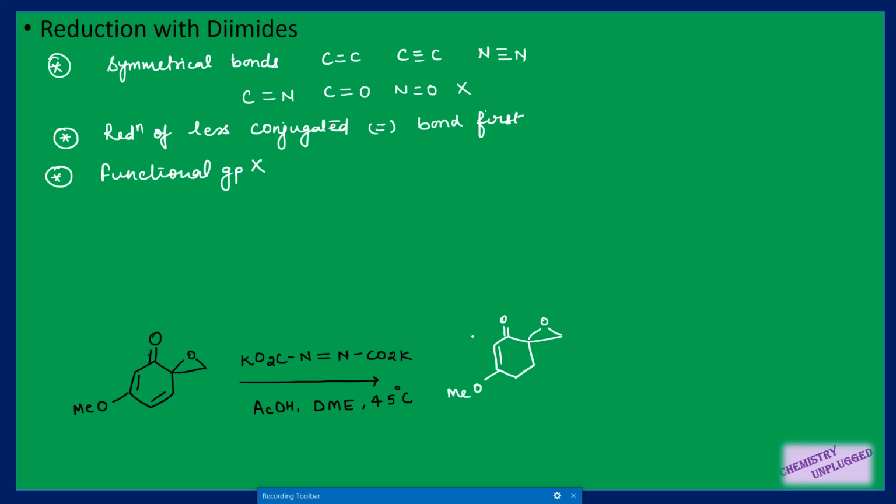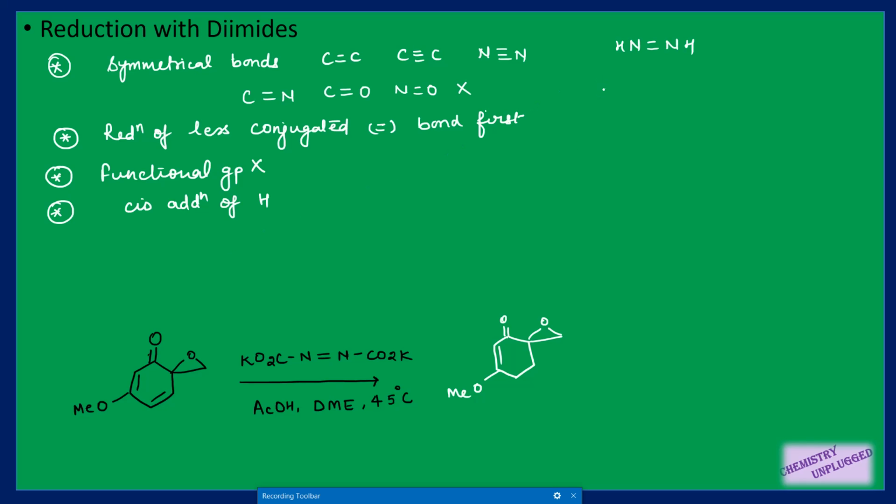Then the next point is it will do cis addition of hydrogen, meaning both the hydrogens will be added from the same side, right? Then the next thing is, here I have used this type of reaction conditions when I want to create diimide. So two or more things are possible whenever the reaction of diimide is given. Diimide is NH double bond NH, right? So they can give you this directly as a reagent, or they can give you different conditions in which they are going to generate this diimide.